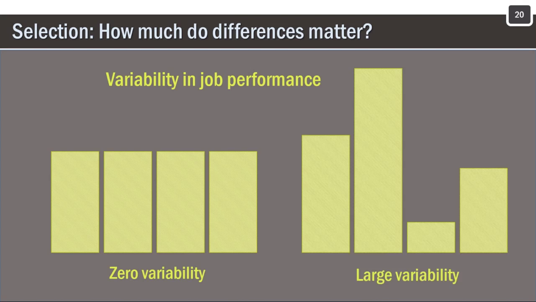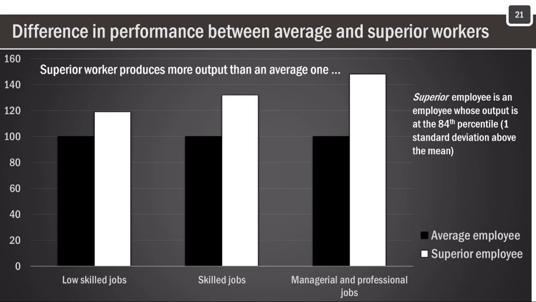At the other extreme, if performance variability is very large, it then becomes important to hire the best performing applicants, and the practical utility of valid selection methods is very large. As it happens, this extreme case appears to be the reality for most jobs. Research has shown that the variability of performance in output among incumbent workers is very large, and that it would be even larger if all job applicants were hired or if job applicants were selected randomly from among those who apply. Here's the evidence on average differences in performance based on all available studies that measured the amount of output